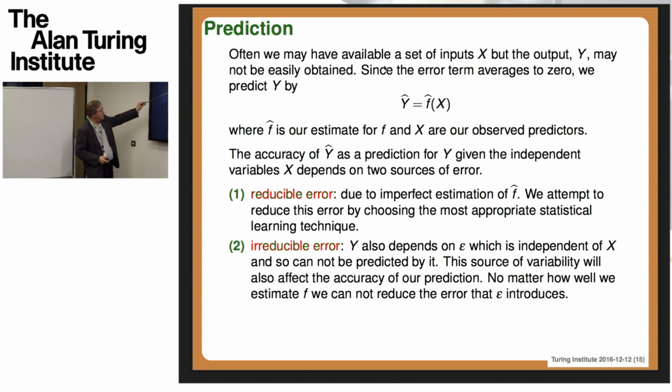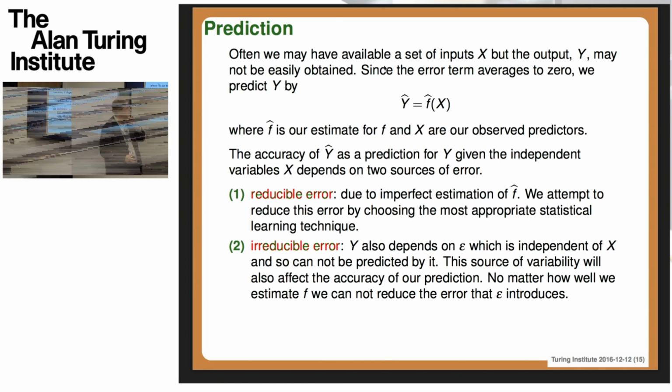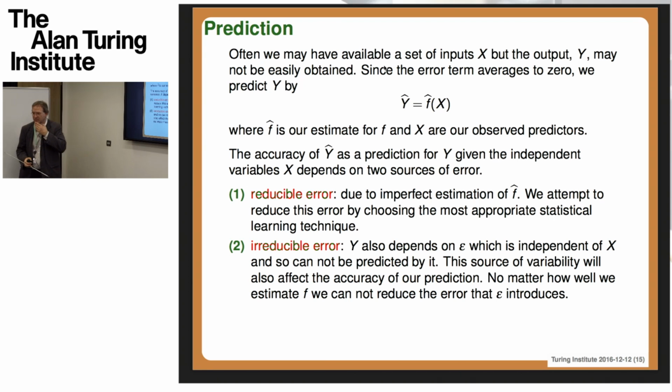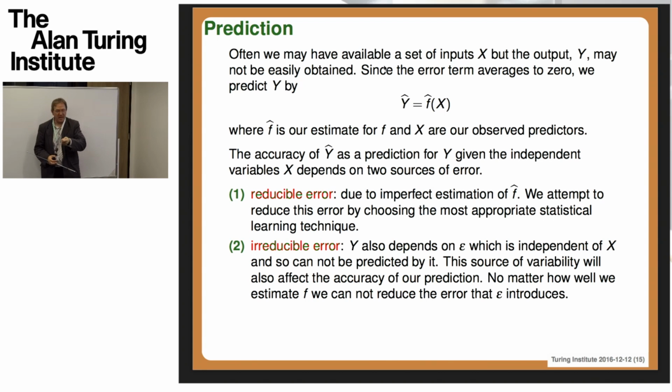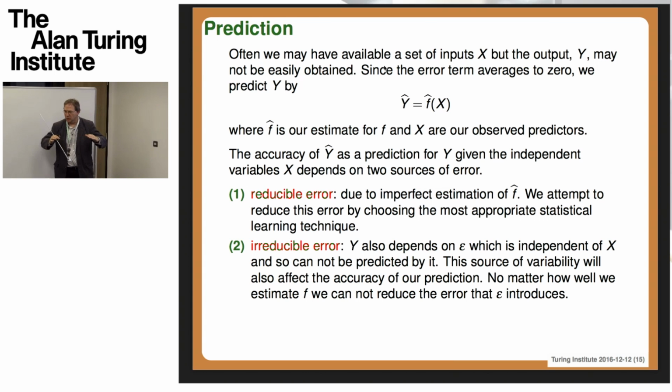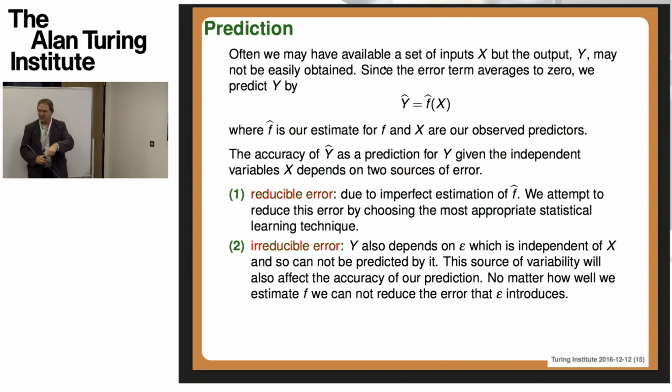In doing so, we should be aware that there are really two types of error when we make that prediction. The so-called reducible error, which is due to our imperfection in estimating f hat. So maybe we didn't have a very good technique for finding f. Maybe we had too little data to build a very good quality predictor f. But that is potentially a level of error that we can try to reduce either through better modelling or more data. But secondly, there's the irreducible error, which is the error associated with the epsilon term. And that's one that's out of our control.